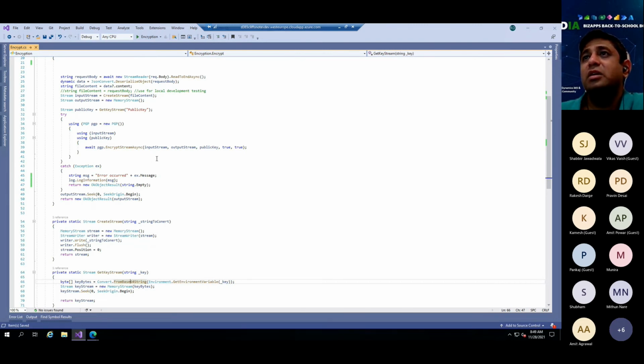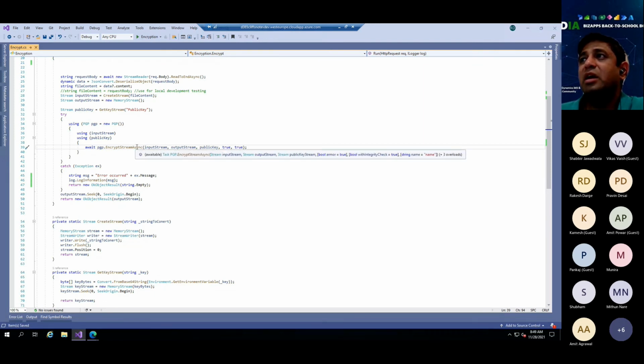As part of this function, what I need is an input stream, the input data which I need to encrypt, the encrypted data which will become an output stream, and the public key. The last two pieces of information are